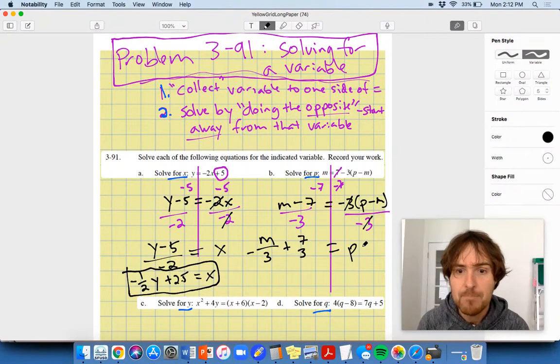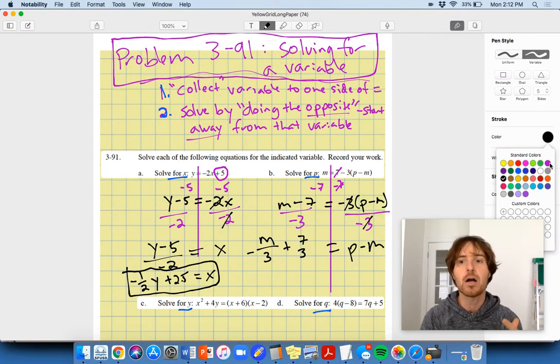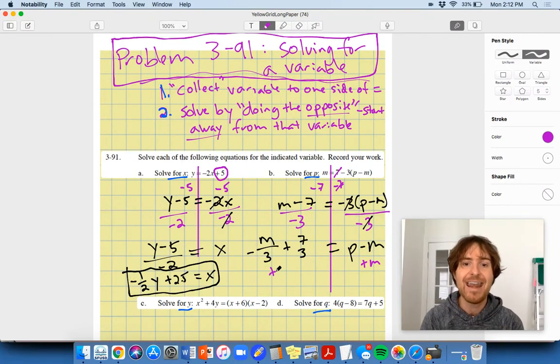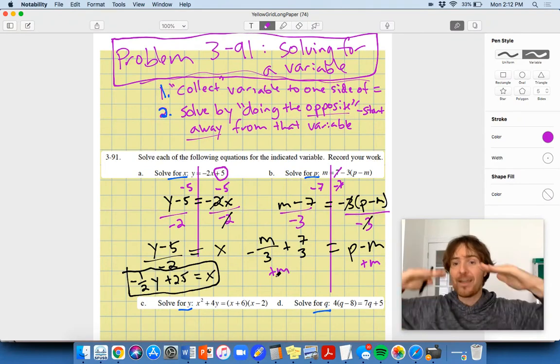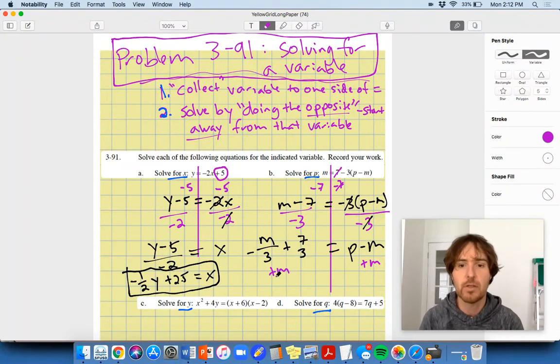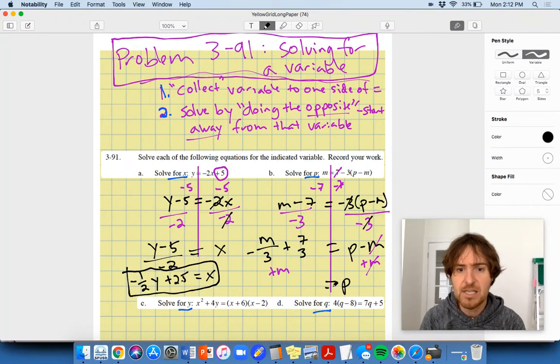Equals P minus M. I have to solve for P. I'm not quite isolated yet on this right side, so what am I going to do? I'm going to solve by doing the opposite. If I'm subtracting P from M, I can add P to this right side as long as I add M to the left side, my equation remains balanced. I got heavier here, I'm going to get heavier as well on the other side. We're equal to each other, and that will allow me to arrive at my answer, which is going to be P is equal to,